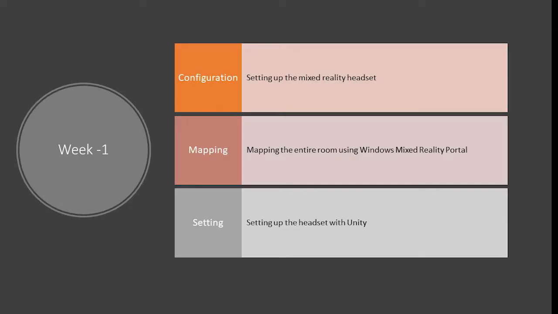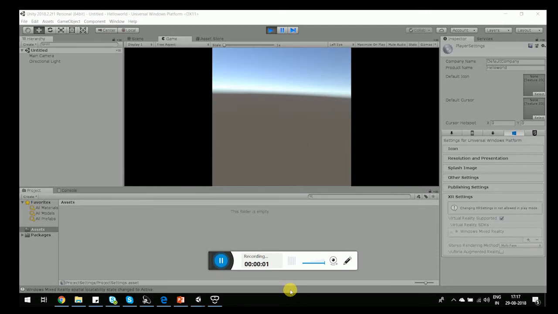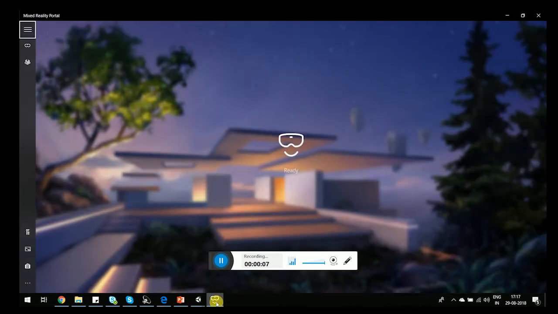So for week 1, we have concentrated on setting up the mixed reality headset, the mapping of our workspace using the mixed reality portal, and configuring our headset with the Unity Integrated Developer environment. So after we have set up our device using the Windows Mixed Reality portal, then we can move forward with the integration of our device